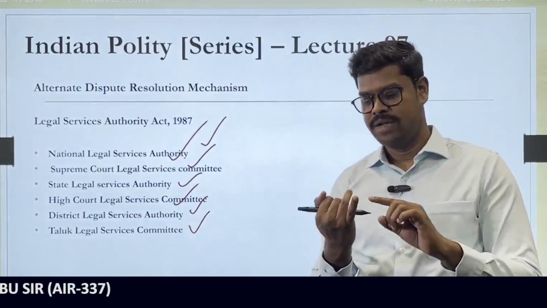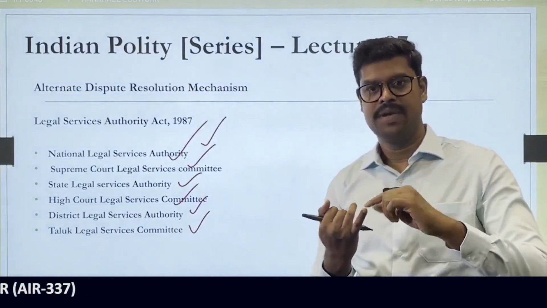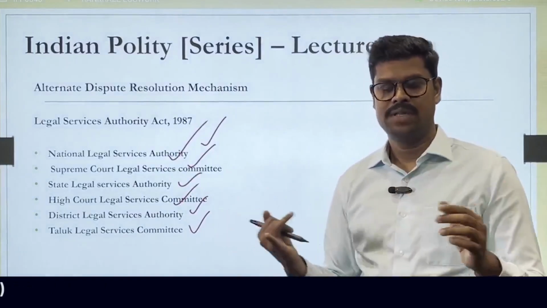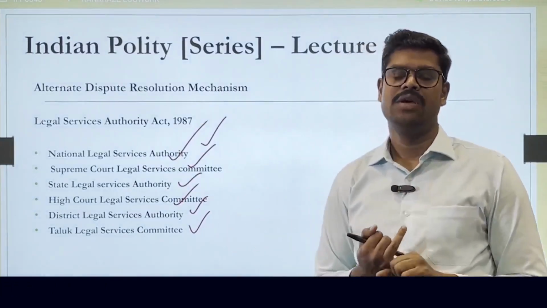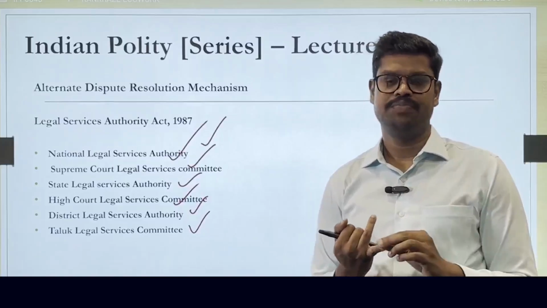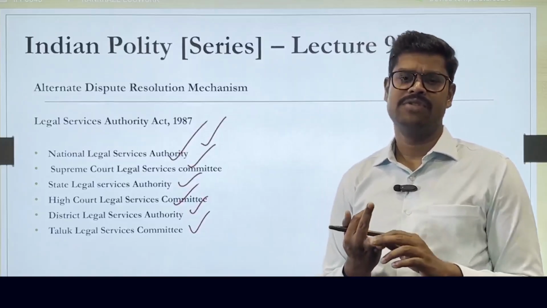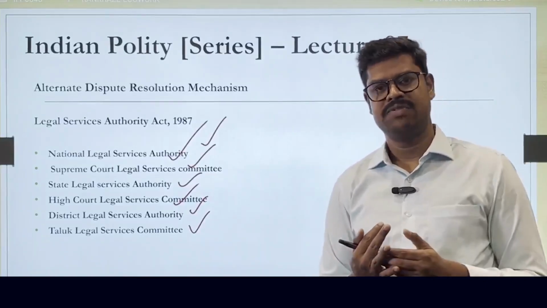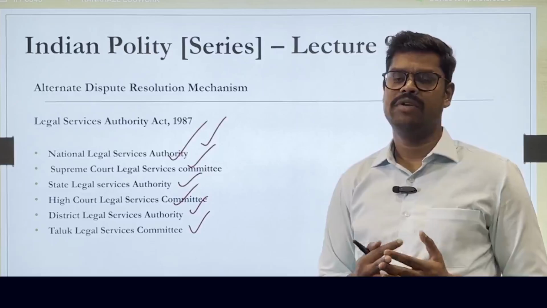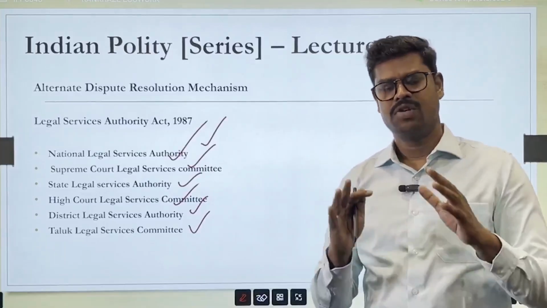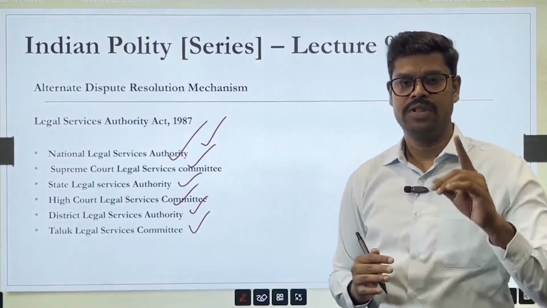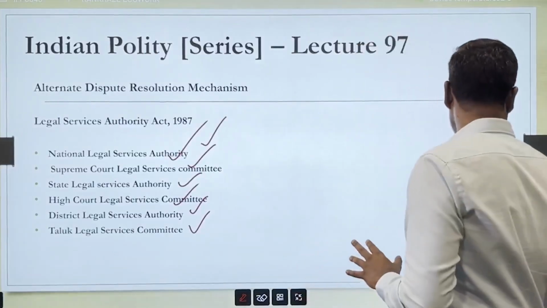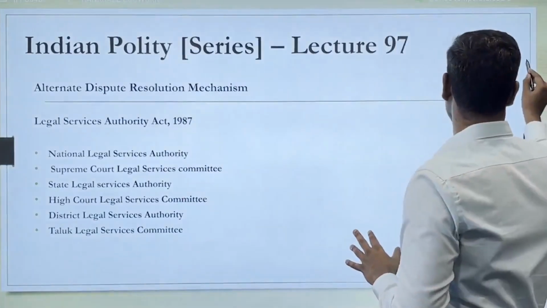The free legal aid might include that the lawyers who are empaneled by the government may appear free for poor people, and they may provide other legal services like filing the cases or getting the judgments from the courts, and giving counseling when it comes to legal matters. So these are all done free of cost, but only for the poor people. So who is eligible to get the free legal services under the Legal Services Authority Act